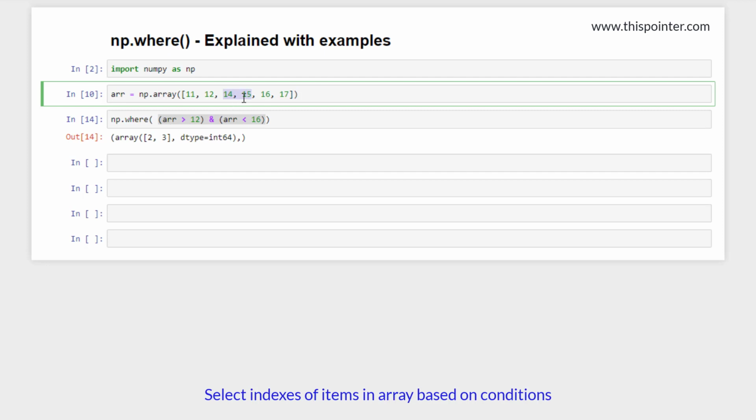For the values at index positions 2 and 3 in this NumPy array, this condition evaluated to true. So if we want to get the indexes of the elements where your condition is satisfied in the NumPy array, then you don't need to pass the second and third arguments, which are optional. You can just pass the conditional argument.